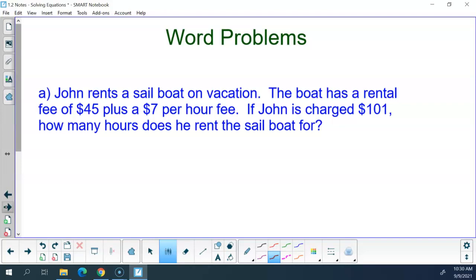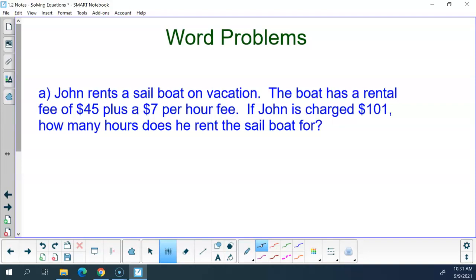So, before we do this problem, does anyone in here know where the most mistakes are made in a word problem? Reading it. Or the lack of reading it. Okay? So the most mistakes are made in a word problem in the reading part. So I recommend that you read it